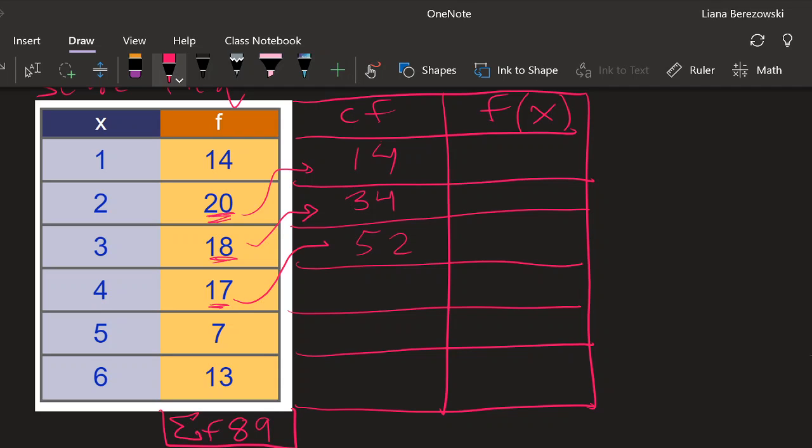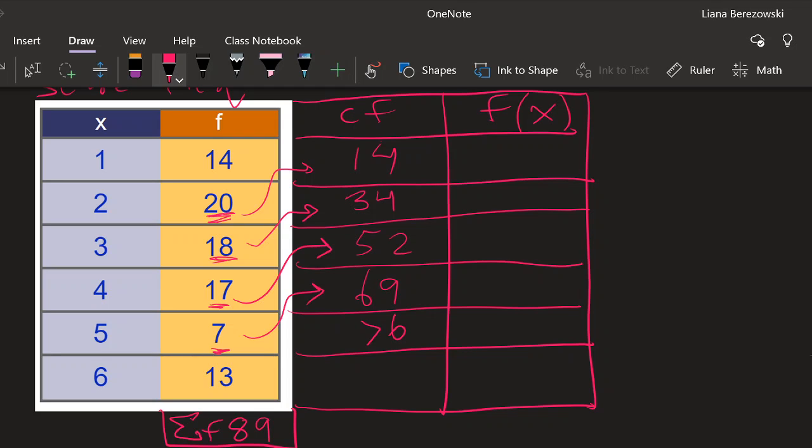I'm going to add that to my last cumulative frequency, which is 52. So 52 plus 17 is going to end up giving me 69. Okay. I'll go to my next score, which is 5, and it has a frequency of 7, and I'm just going to add that to my last cumulative frequency. So 7 plus 69 will give me